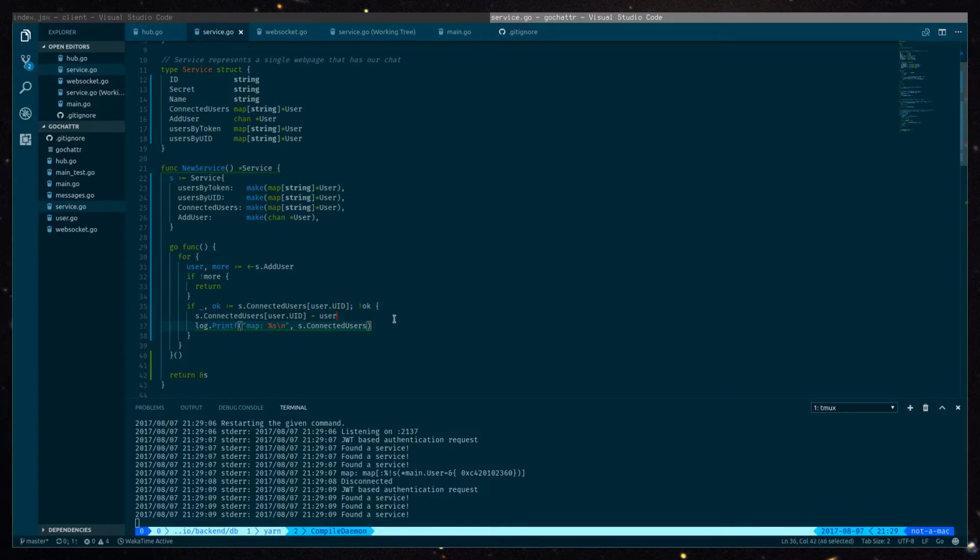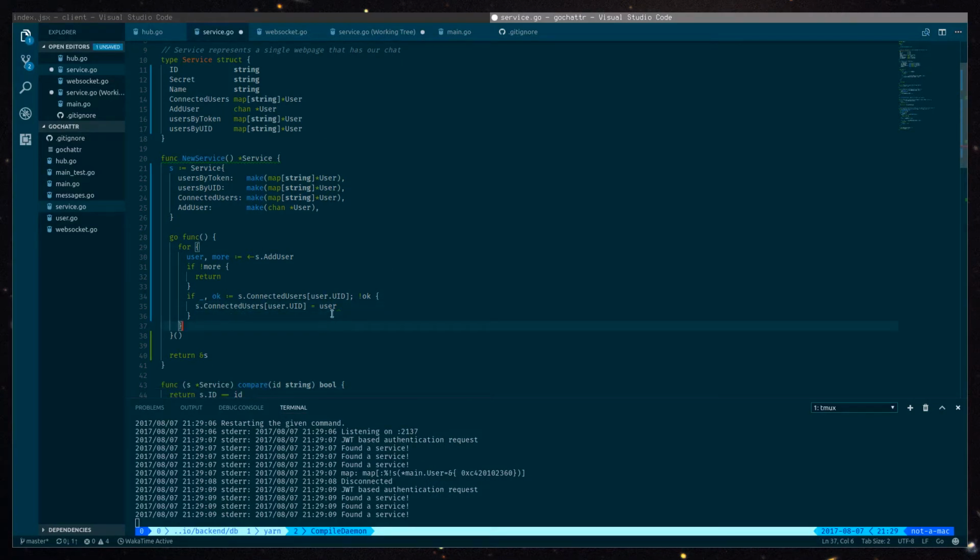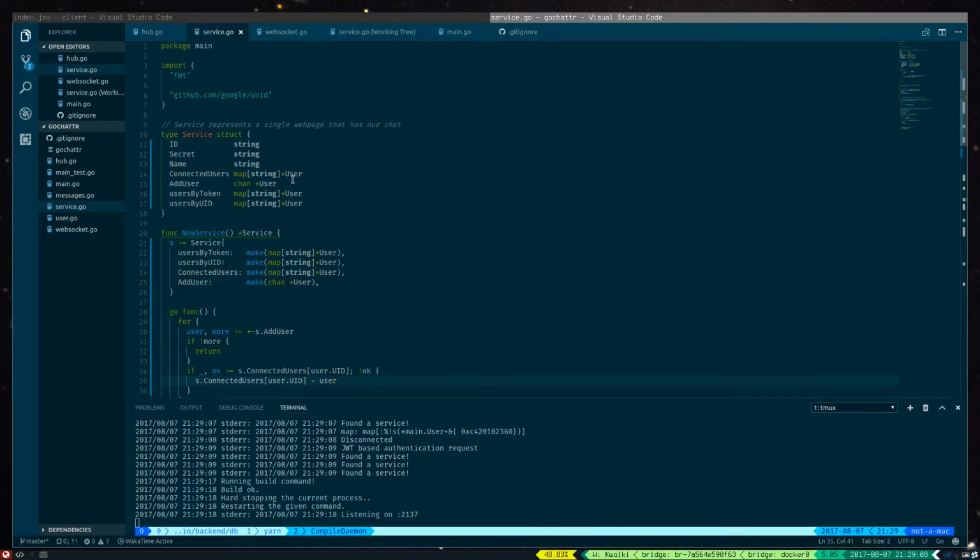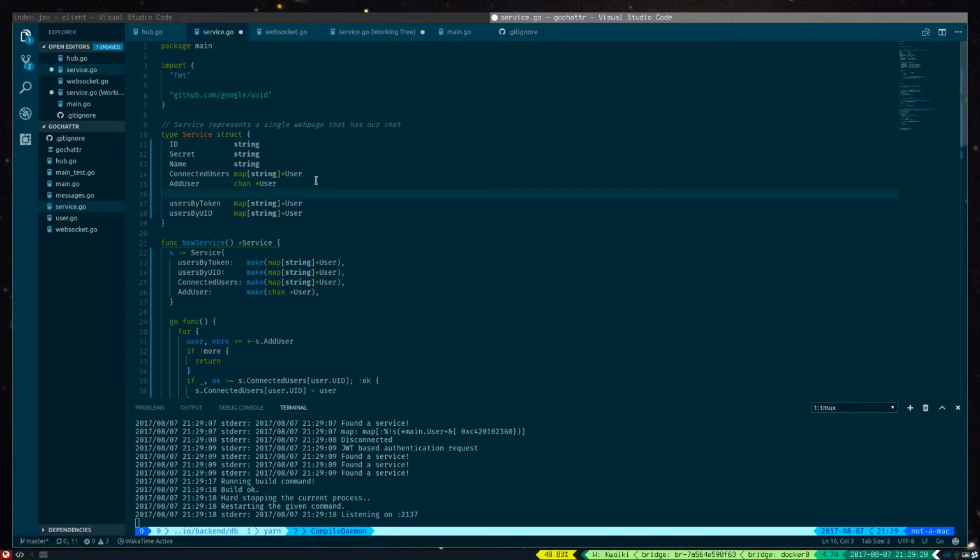So what's next? We need to remove that and handle removing users. So it's basically the same thing, just remove user, chan user, remove user,